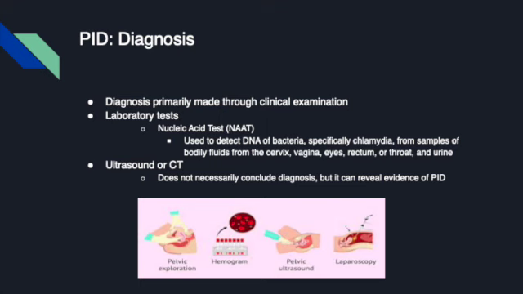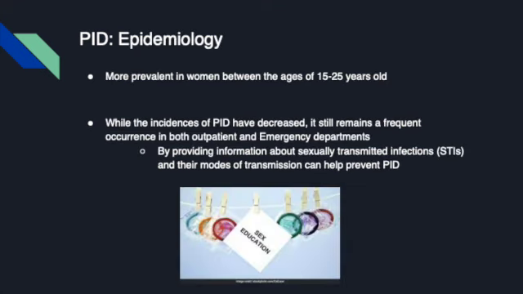In this next slide, we take a closer look at the epidemiology of PID. PID seems to be more prevalent in women between the ages of 15 and 25. This is most likely due to sexual activity with multiple partners. And while the incidence of PID has decreased over the past decade, it remains a frequent occurrence in both outpatient